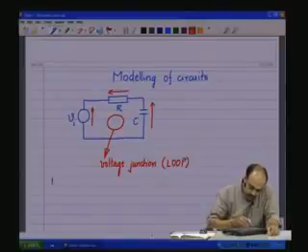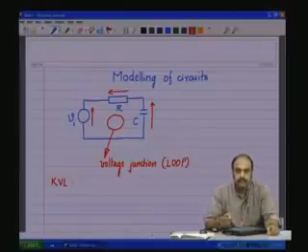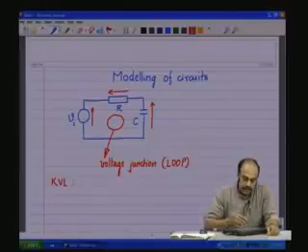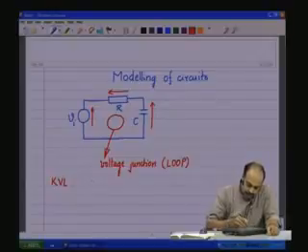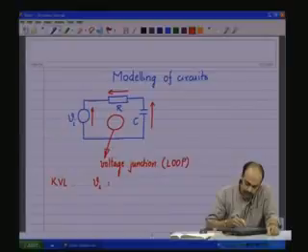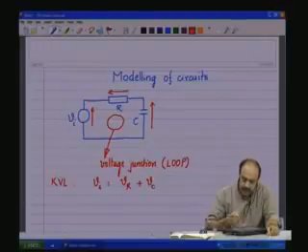The Kirchhoff's voltage law, or the KVL, states that the algebraic sum of all the voltages in this loop must be 0. So, therefore, Vi is equal to Vr, which is the voltage across the resistance, plus Vc, which is the voltage across the